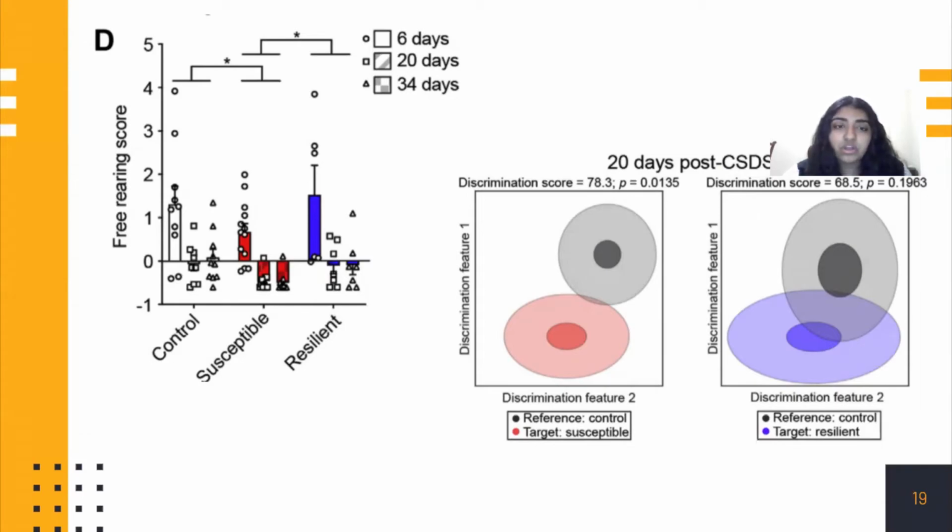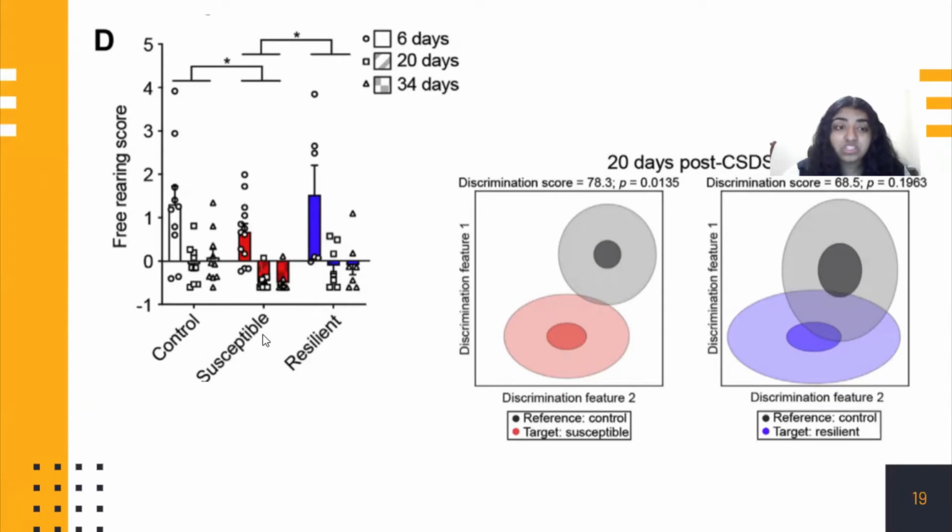As I said before, not all humans who go through stress gain depression, and this model accounts for that. We can see that with the susceptible and the resilient mice. The susceptible mice, which is the red, those mice gain depression. And the resilient blue mice, they did not gain depression. Both the susceptible and the resilient mice went through the stress. However, only the susceptible mice